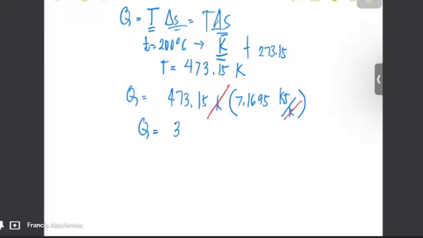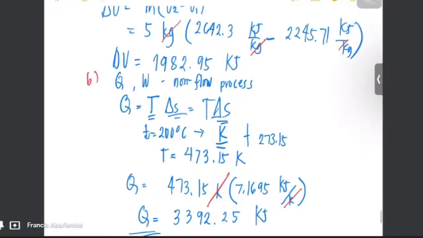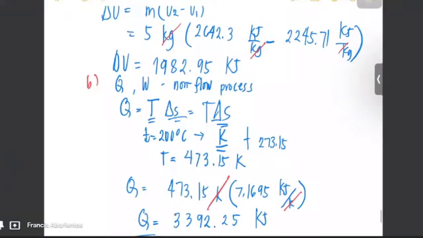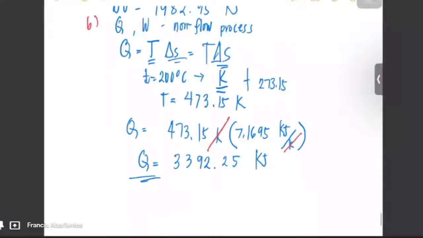3,000. Bakit iba? Ay, wait. Naduduling ba ako? 3392. Ayan. 3392.25 kilojoules. So, we have now the heat, the transfer heat Q, as well as yung work naman class